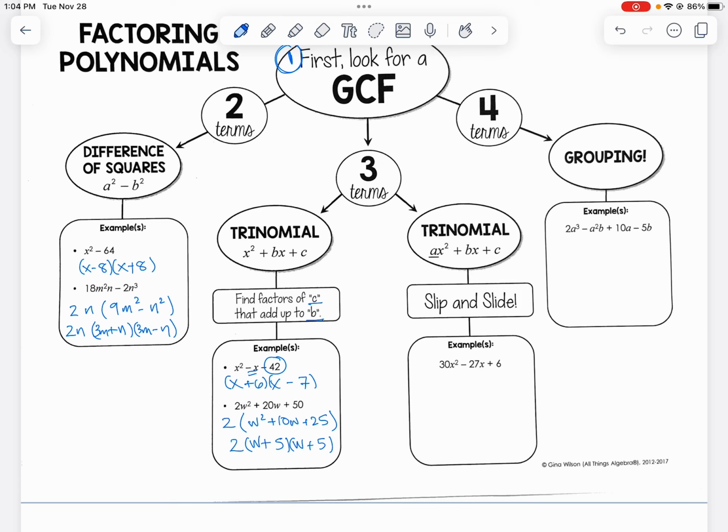Now, I can have a trinomial where I have a leading coefficient out in front, like 30. Okay, I'm going to look for a greatest common factor. It looks like I can take out a 3. And then in the parentheses, I get 10x squared minus 9x plus 2. This is where factor by grouping comes in. What I'm going to do is split the middle term